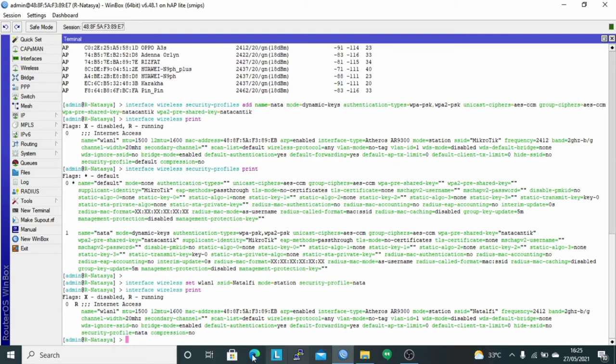It can be seen that the interface WLAN1 is running. The router is connected to the SSID NATAV for internet access.